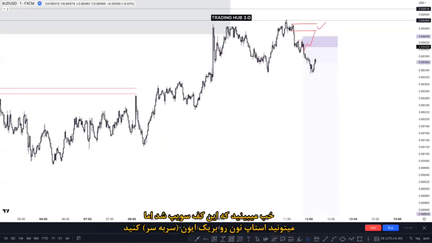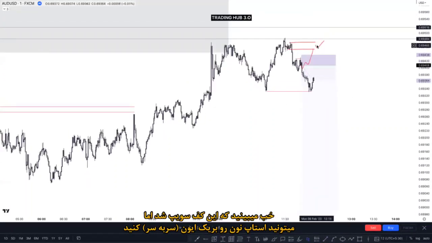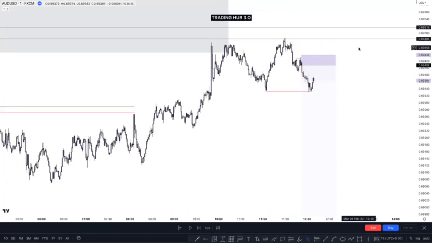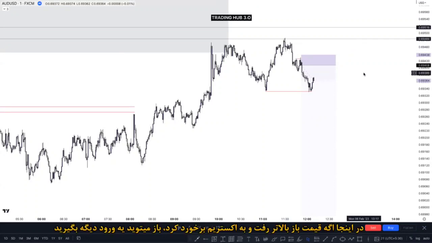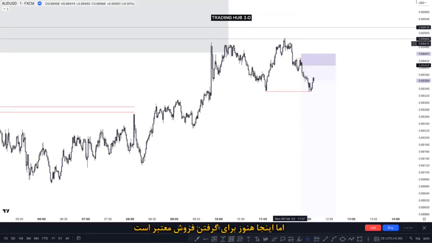All right, so this low is broken here, just sweeping the low. So you can simply put your stop loss on break even, and in this case, you can take one more entry here if the market taps your extreme order block, because this one is still valid for the sell,